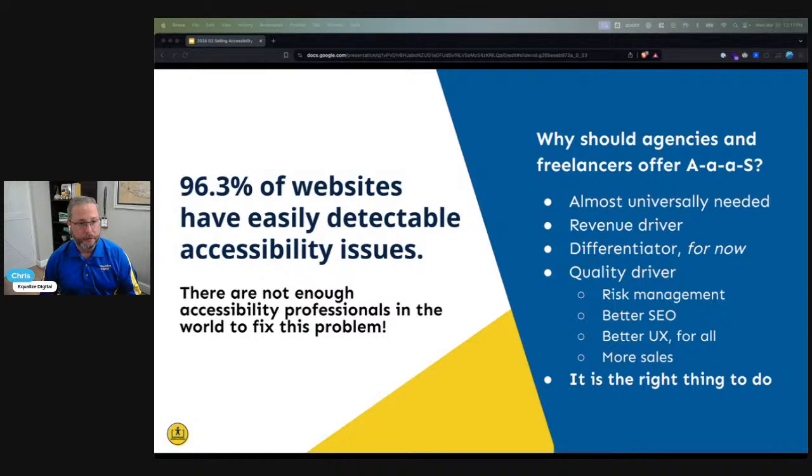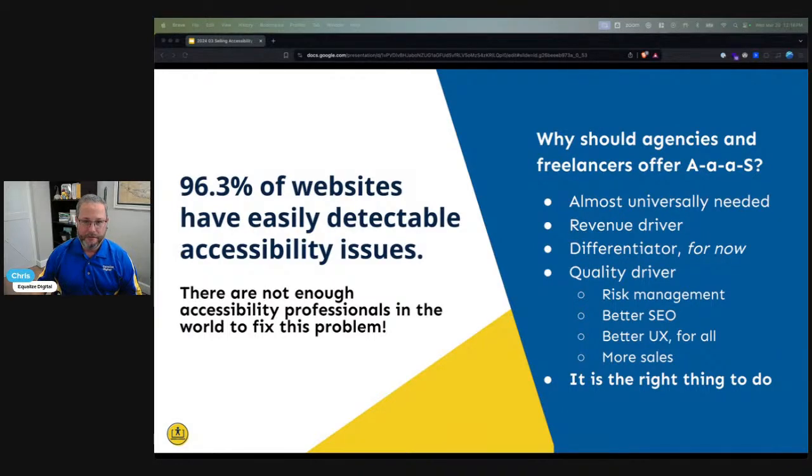And then more sales. So customers that are concerned about conversion optimization or anything else, what I always say is imagine putting up essentially like an obstacle course in front of the front door of your bricks and mortar business that only 85% of your customers can potentially get through. What business owner in their right mind would make that decision? Right? So this is what we mean by more sales, more conversion optimization. You are actively increasing the throughput of traffic and potential sales. And finally, it's just the right thing to do. You're teaming up with your customers to help make their web presence and the overall internet better for everyone. And gosh, wouldn't that feel great, right?